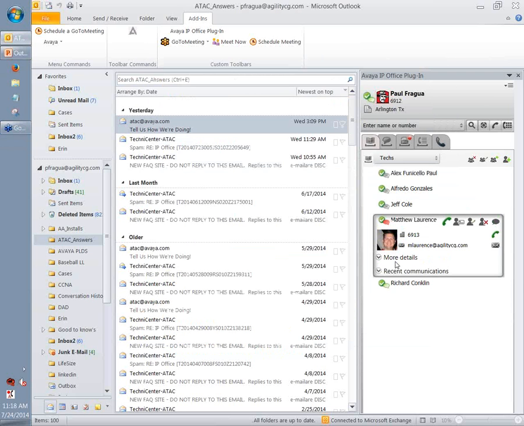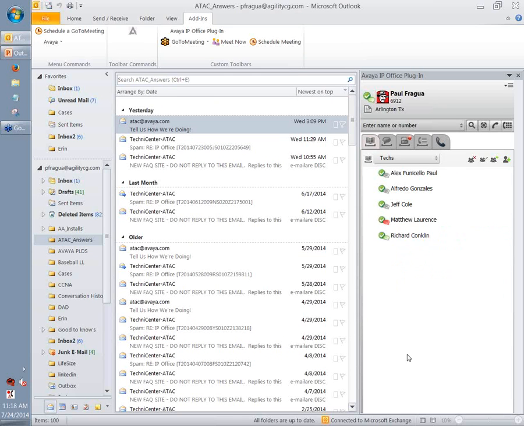Also on this presence, if you have it configured correctly, you can pull your Exchange calendar information. So let's say if Matthew was in a meeting at this time, I'd be able to see inside of here that his icon may go into in-meeting status. And the way you configure that inside of 1X portal